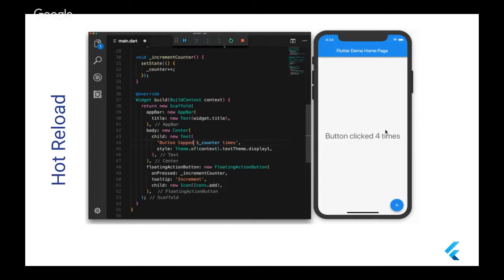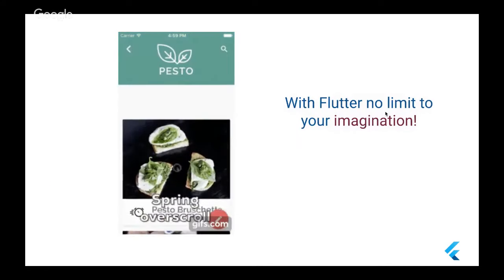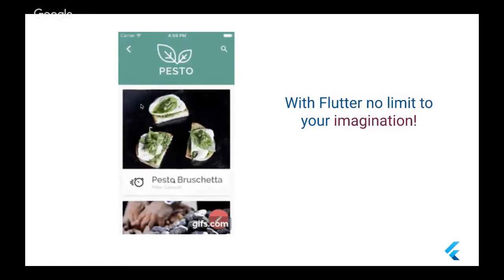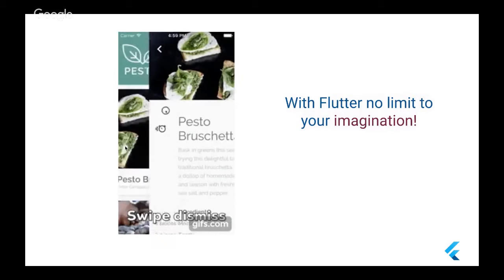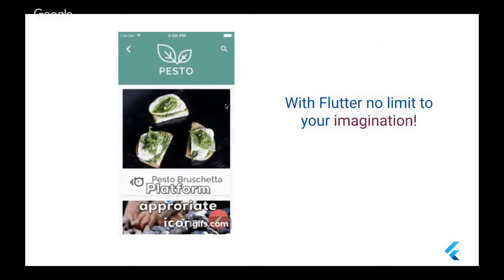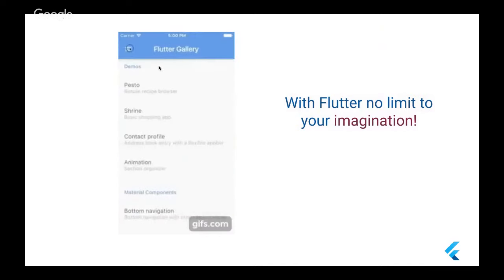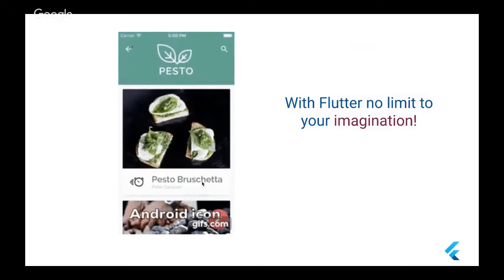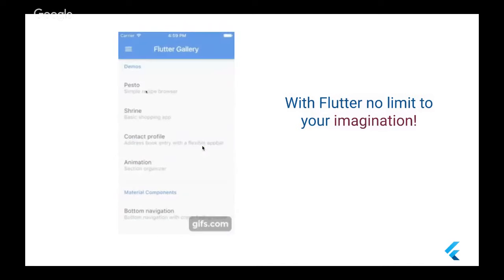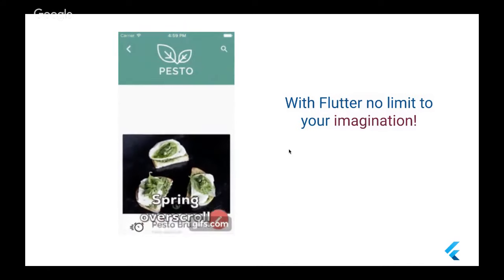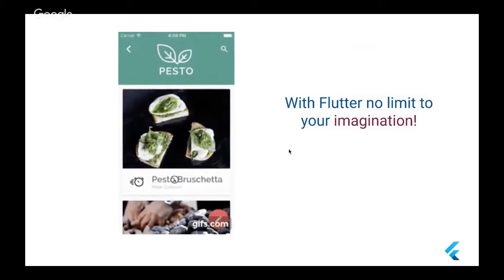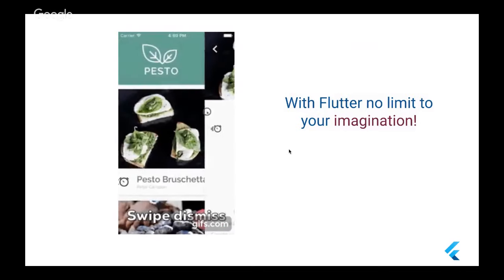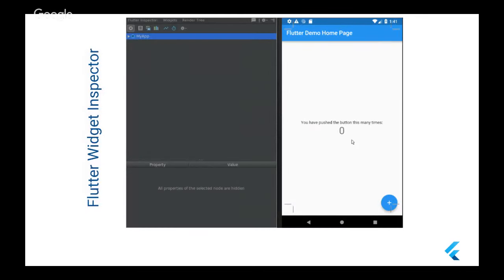And there is something called state, and we'll talk more about it when we are writing our code. With Flutter, there is no limit to imagination. As we can see here, this is iOS behavior. And we will allow the user to go to the menu and choose that I need my application to behave like Android. The bounce that appears in iOS now doesn't appear. And with Flutter, you can even give your users the freedom to choose Android or iOS behavior.